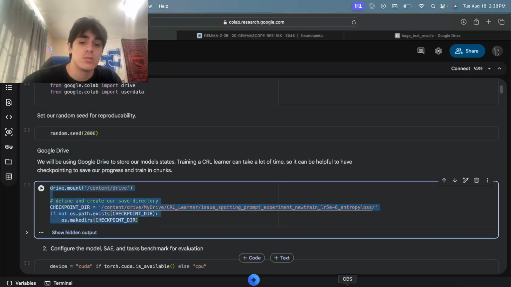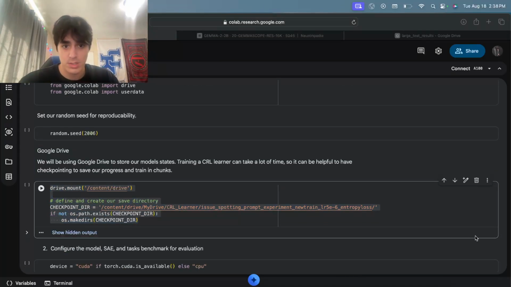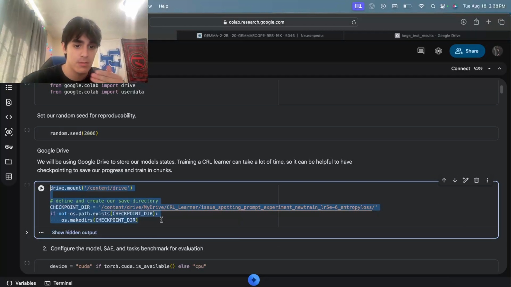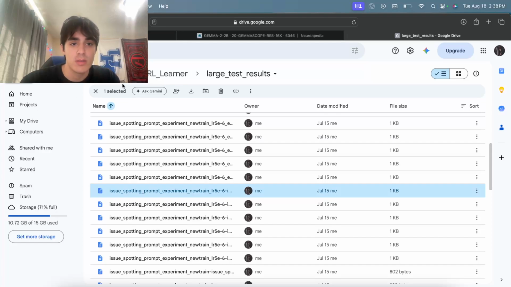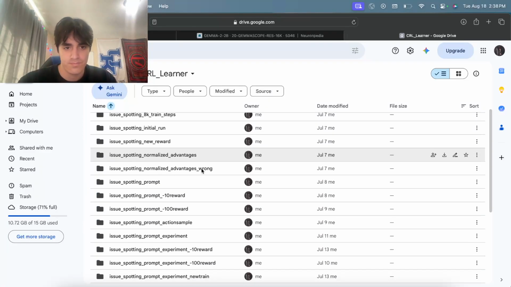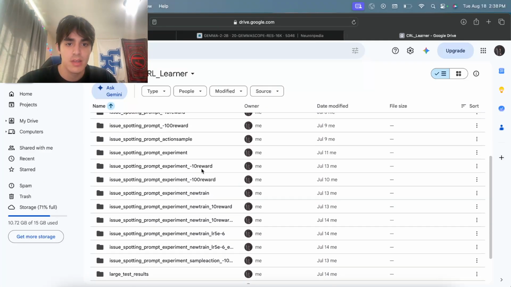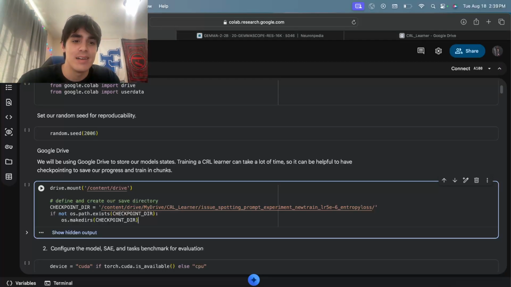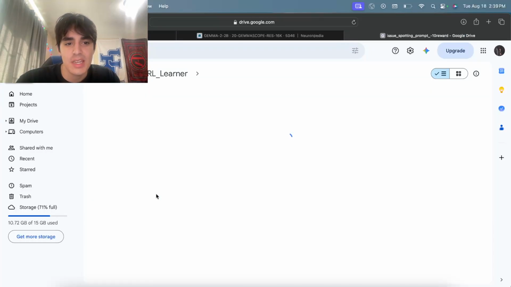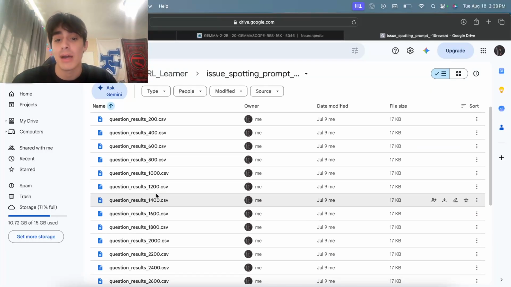Here we connect to our Google Drive. So this will let us analyze the agent's behavior. So actually, I'll show you that here and how that worked for me. As we can see here, I ran a bunch of different tests, and you're able to do this with this setup. You just mount your drive, you create your string for your directory, and then you just assert that it exists. But as you can see here, we can provide some detailed logs about our training procedure